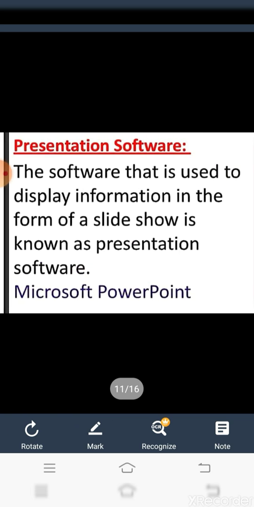Now, presentation software. Presentation software is a type of general purpose application software that is used to display information in the form of a slideshow. You are all very much familiar with this presentation software, because we already did various kinds of presentations in the previous class.